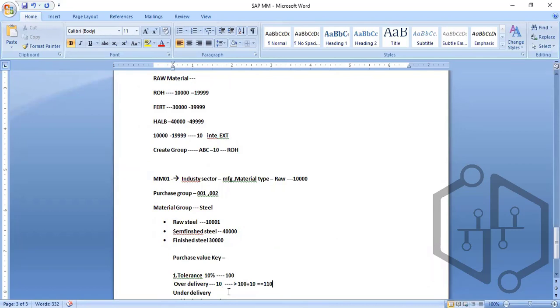So if you maintain these delivery tolerances, what will happen? The system will allow up to 110 kgs. Even though you gave an order of 100, if you maintain a 10% tolerance, the system will allow you to do the goods receipt for 110. This is how we handle tolerances in the system, and it is similar for under delivery tolerances. The system handles over delivery and under delivery tolerances,